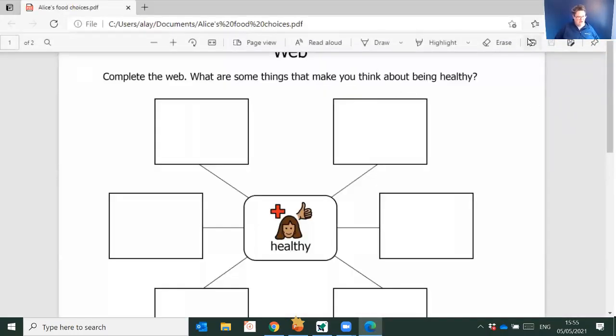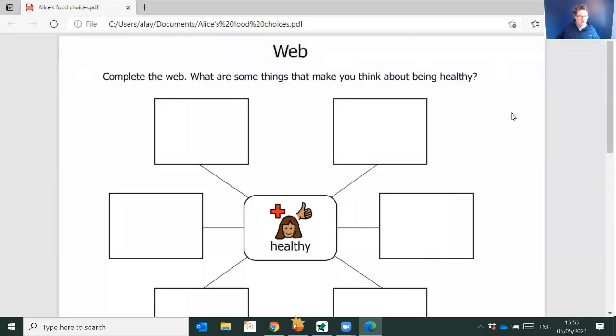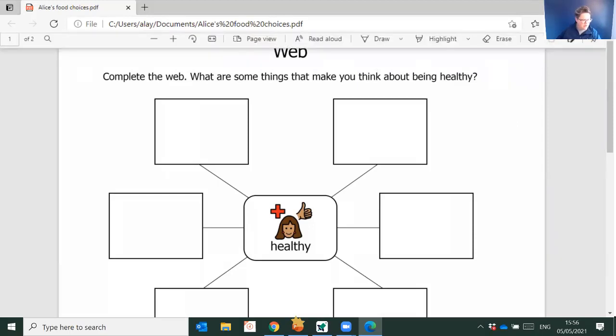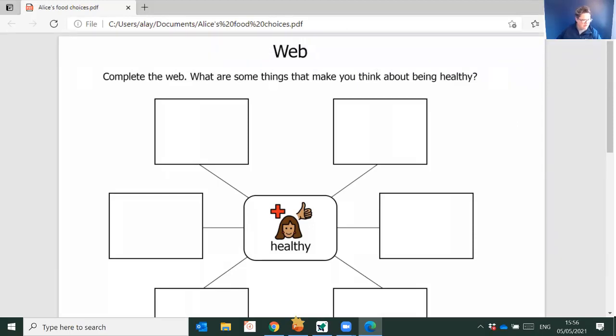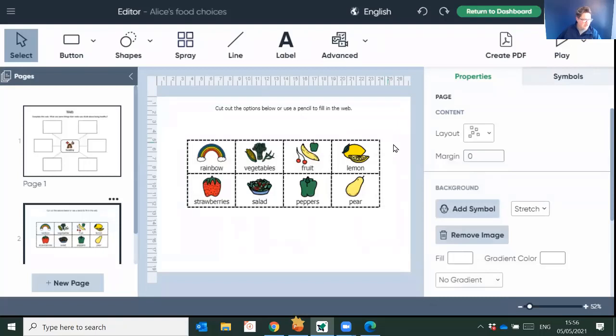So now there's a couple of things I can do. I can print that off. I might want to attach that to an email to maybe send home so that parents can work on this. Maybe I want to send this to a colleague who's also working on this topic, and they want some ideas of activities as well. So a really nice way of taking what's there, making some nice changes to it, and